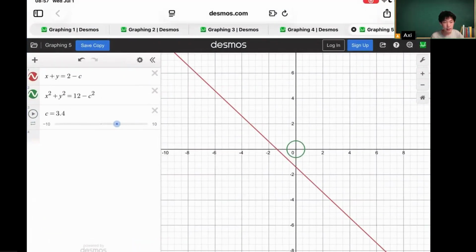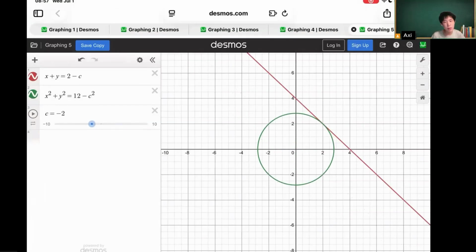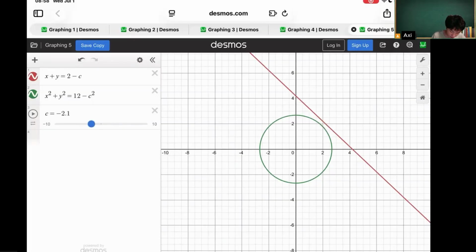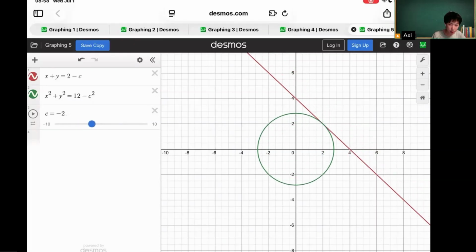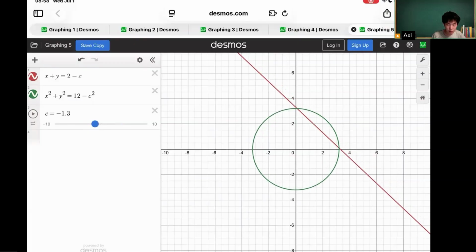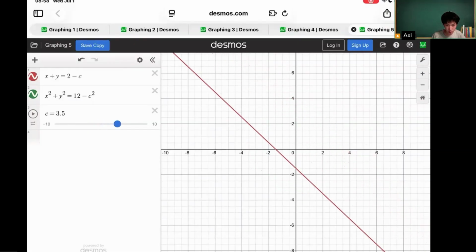Here again, C is a slider because it can be changed. Essentially, we're asking, what is the minimum value of C such that there is still a solution to the equations above? For a solution to exist, we need a point both on the circle and on the line. In this case, this satisfies the constraint. Let's see what happens when we make C even smaller. There are no more solutions because there is no intersection. So C, in this case, must lie above -2, and when we move upwards, we reach the maximum, again, somewhere